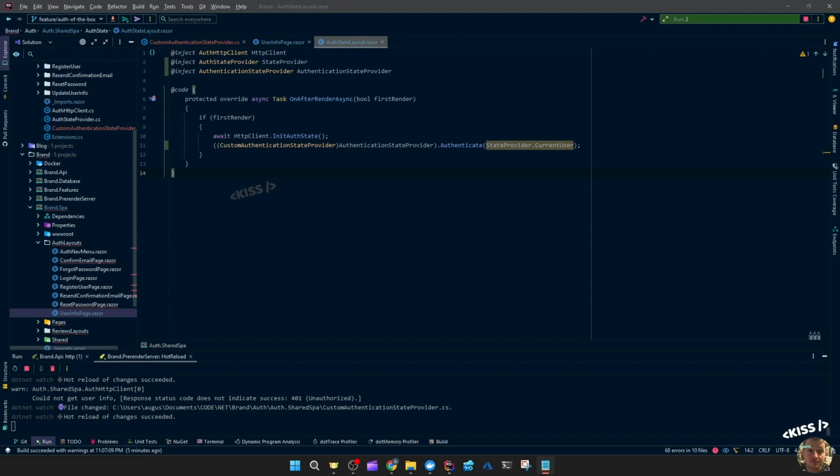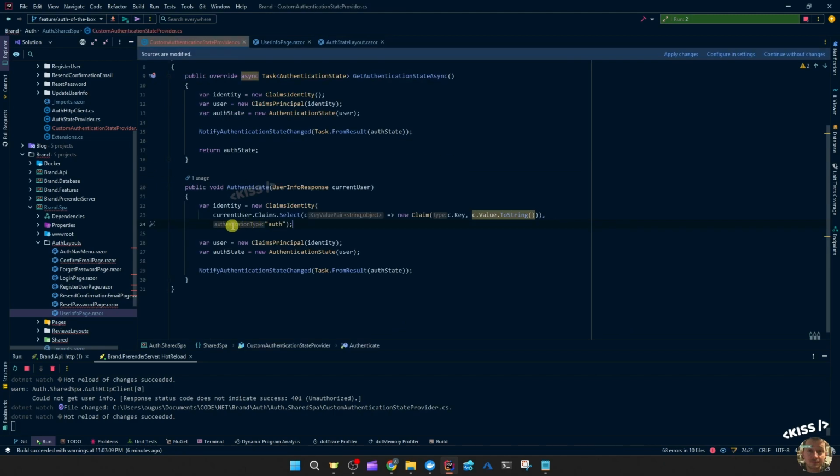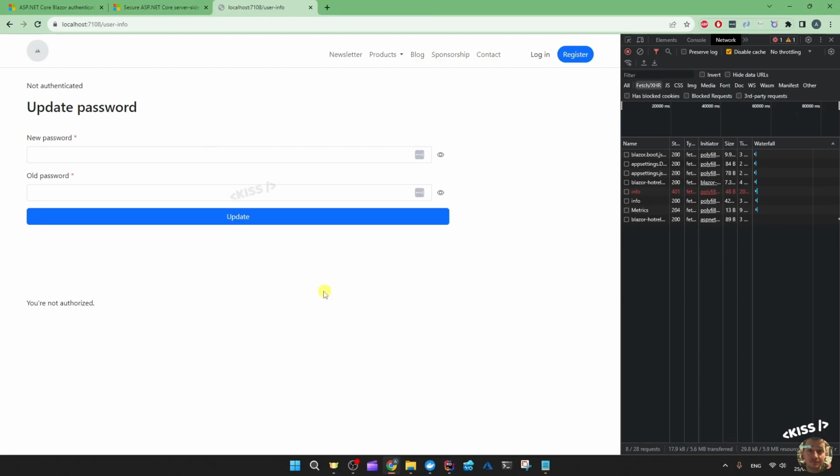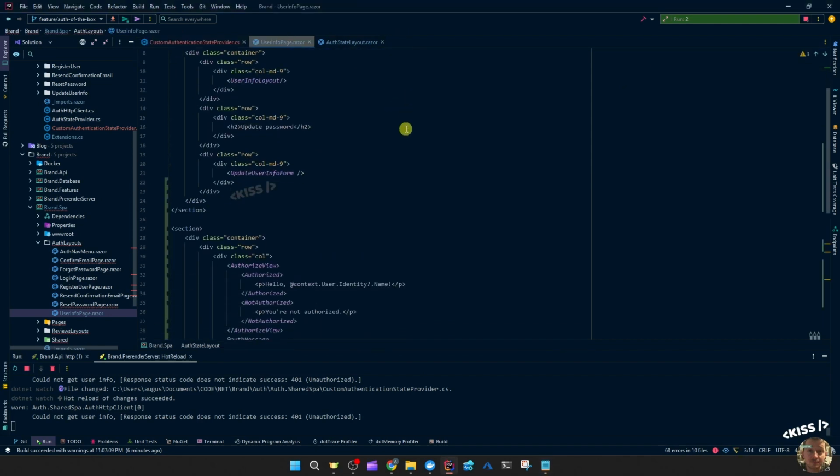Okay. So I kind of did the same: authentication state provider injected on my auth state layout, cast that to the custom state provider, and then called authenticate, passing along the current user data holding those claims, and add that random string. And then you see hello test@gmail.com, which comes from